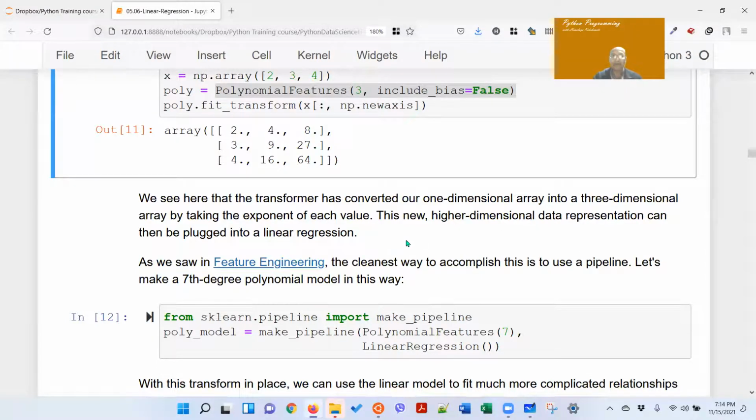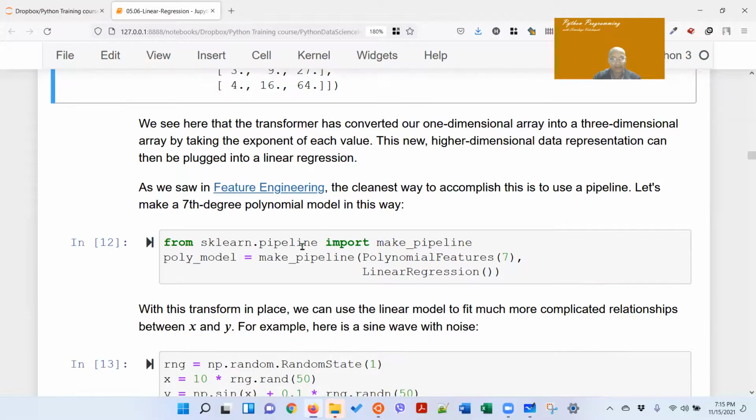So this new higher dimensional data representation can then be plugged into... यो भइसक्यो हाम्रो, अर्को बेसिसमा गयो, अर्को कोअर्डिनेट सिस्टममा गयो, बुझ्नुभयो? So we took this from our normal coordinate system to another basis, and there we can fit a linear model to this। यसमा हामी linear model fit गर्न सक्छौं।